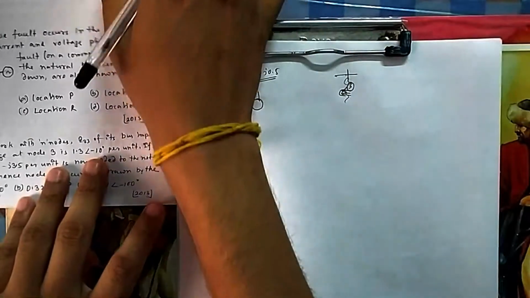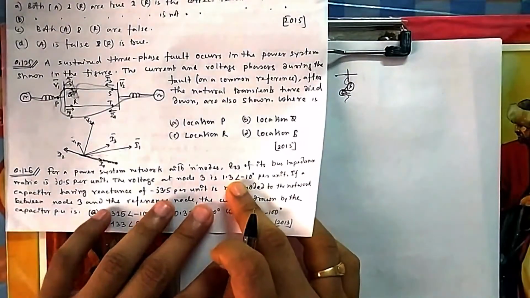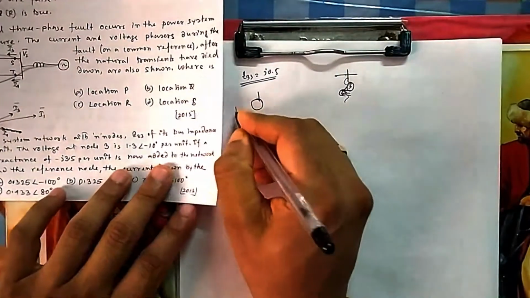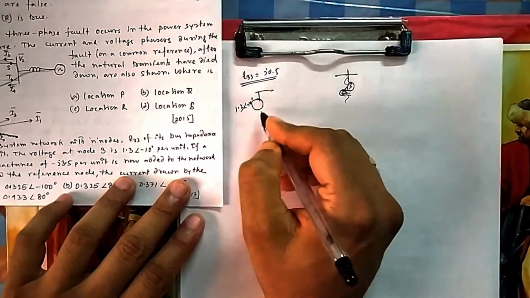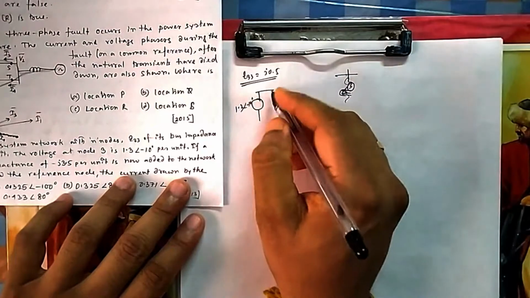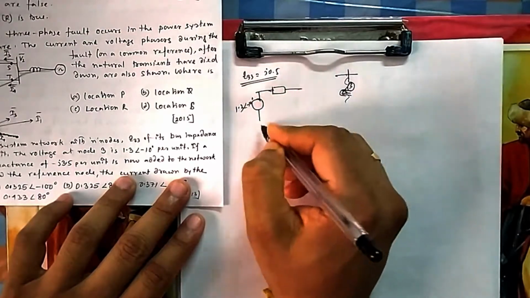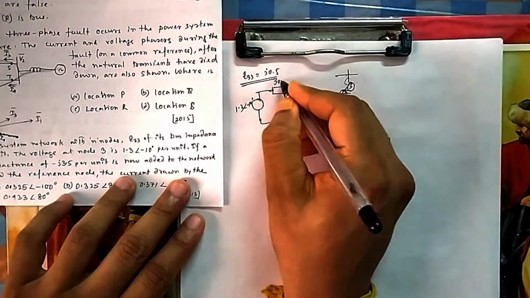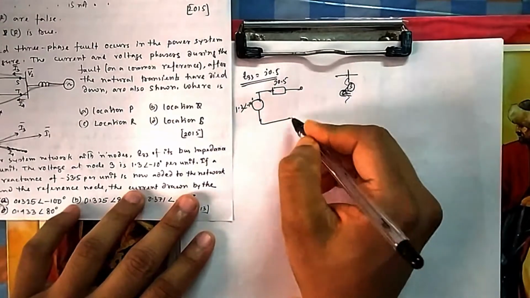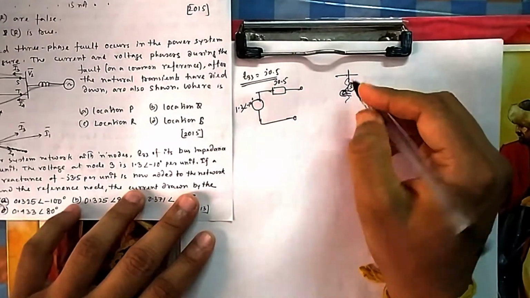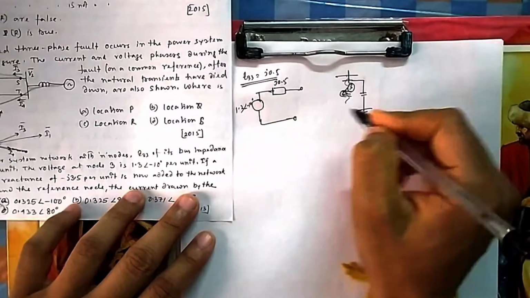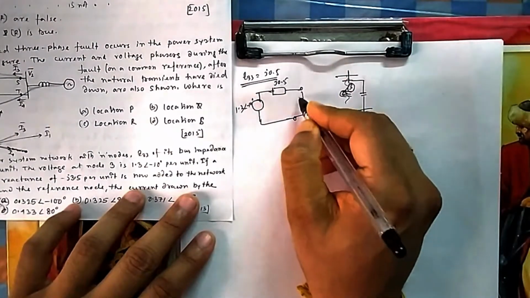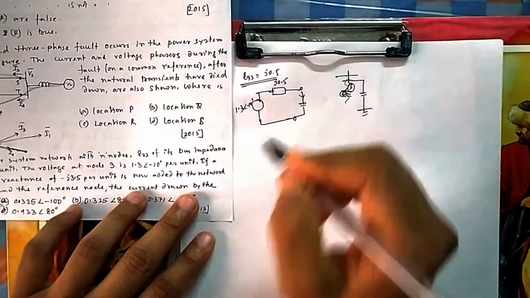But here it is not fault analysis, here the pre-fault voltage of that bus is given, so it is 1.3 at an angle of -10. So you know the voltage here, and you know the Thevenin's equivalent from this side. If you look into the system, this is the Thevenin's equivalent, which is given as J0.5. So this is the circuit, which is open for you. Now you have connected a capacitor from this bus to the ground. So obviously you can find the current through it.